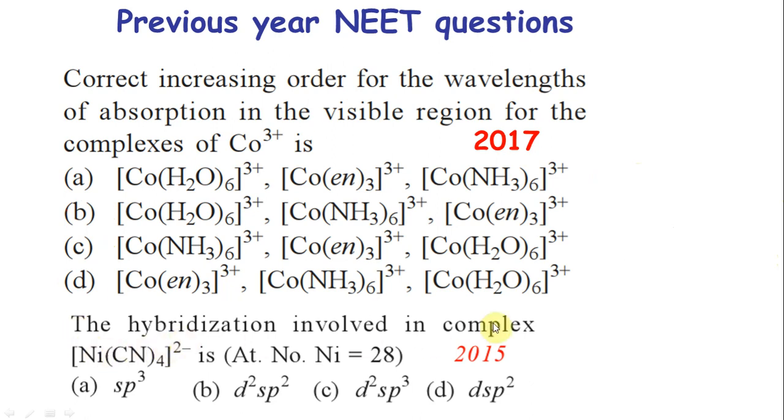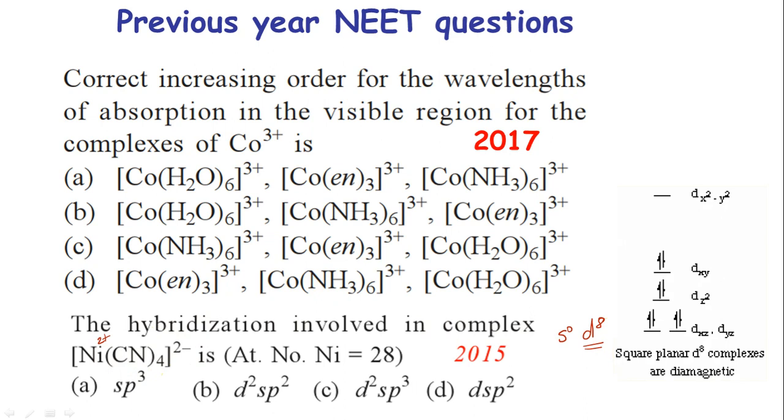Another one is the hybridization involved in the given complexes. You can do it really fast. Nickel is 2 plus here, because cyanide is -1, so 4 minus means 2 minus here. Nickel 2 plus is 4s0 3d8. If it's d8, it can be paired because it's a strong field ligand. If I pair it, this is what I have. So now what I have is dsp2 hybridization. I need 4 orbitals, dsp2, so it's a square planar structure.